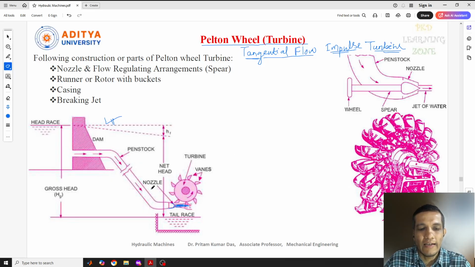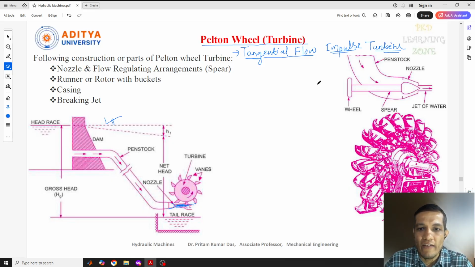The energy which strikes here is only kinetic energy. That's why it comes under impulse turbine. So this Pelton turbine is a tangential flow impulse turbine, and the water strikes the bucket along the tangent of the runner,